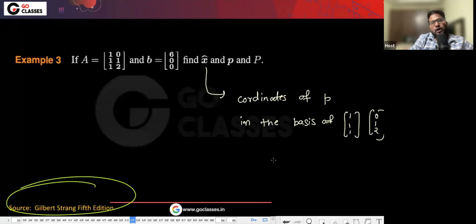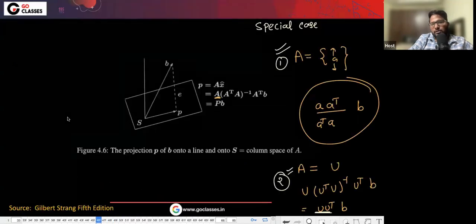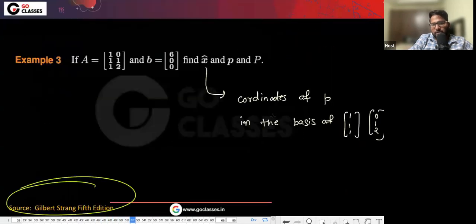Understood? So how do we calculate this X cap? You can solve the equation which I called the normal equation. So what was that equation? A transpose A X cap equals A transpose B. Using this, you can find X cap. If you forget this equation, you can easily derive it. How? You will say, okay,